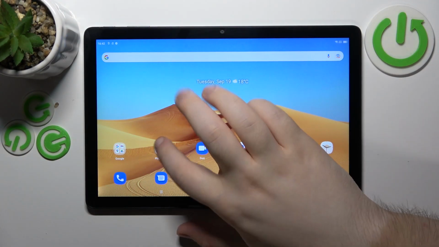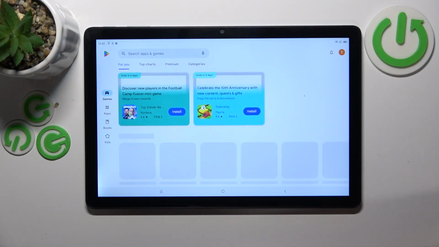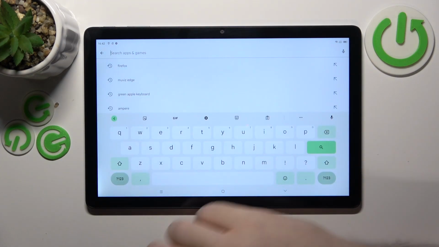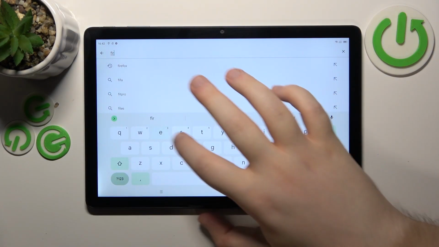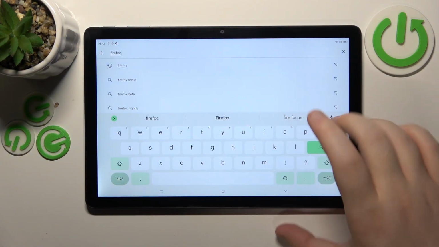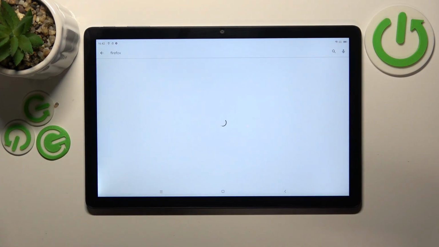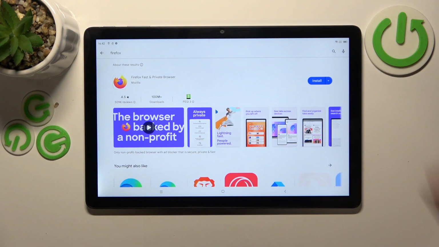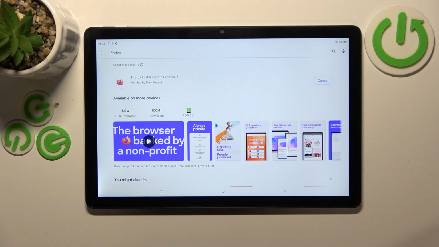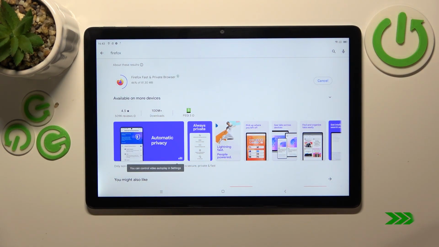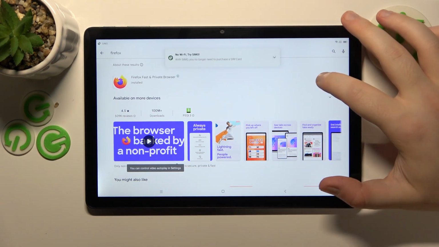So you have to start with opening your Google Play Store. Now click on search bar and type in Firefox. And click search. Now click install. And now you can click open,